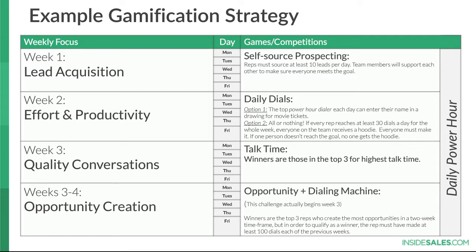I'll show you how to add that KPI to a leaderboard and show you how to issue a challenge for that dials challenge. Okay, so anyway, here's a good example of a well thought out gamification strategy, very detailed. The things here that I'm showing you in green, those are really what we're going to cover today, and show you how to put these things into the leaderboard, how to issue challenges, and how to execute these items using